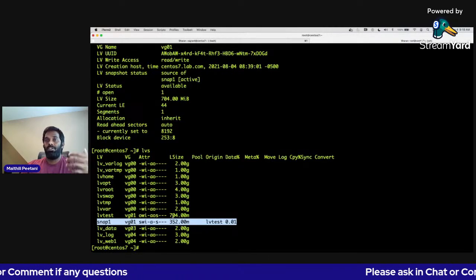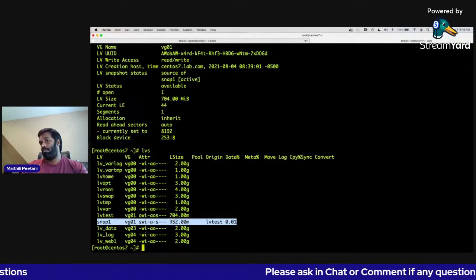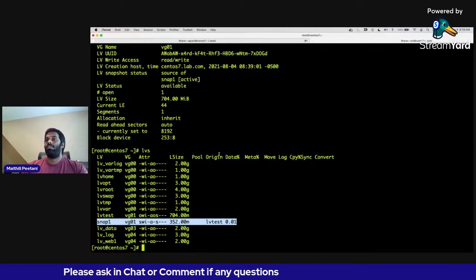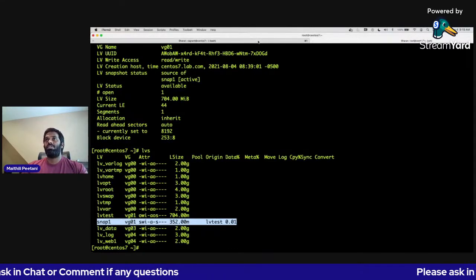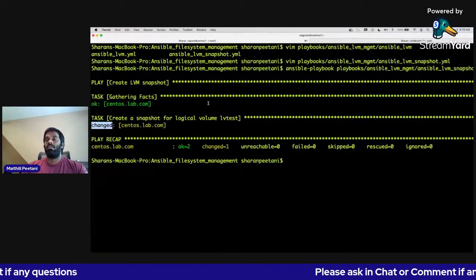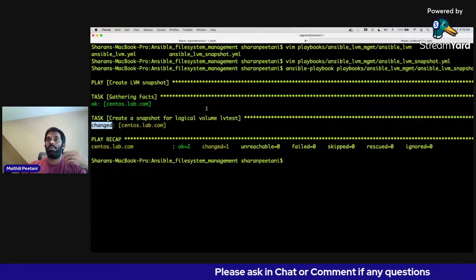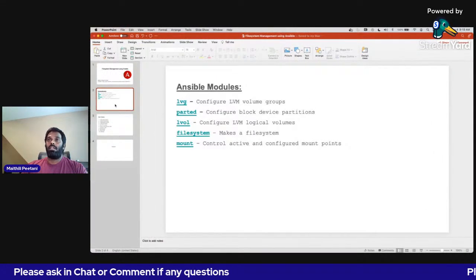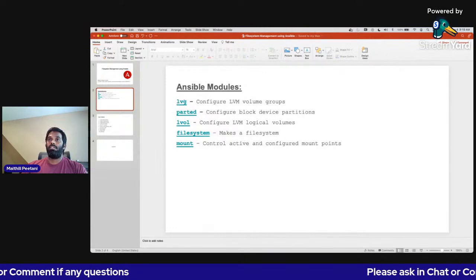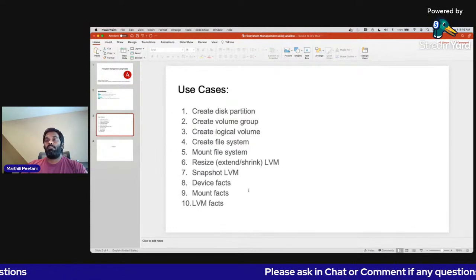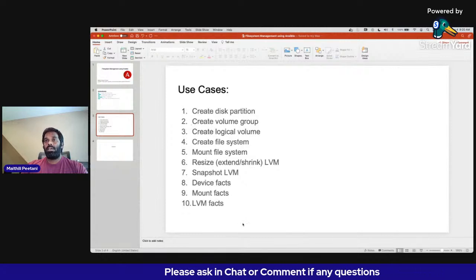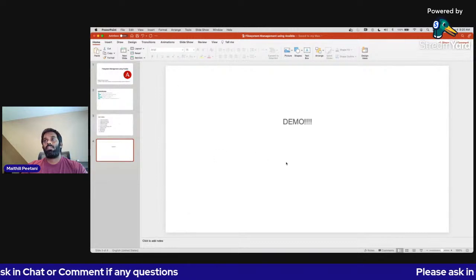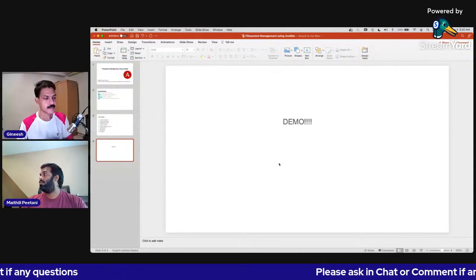Once it is there, you can mount the snapshot volume and take a backup of any LVM, basically using a tar command. We can restore it, anything, and once it is done, we can delete it. So this is how you can use the same module, and LVOL has so many other options, not only snapshot. I've also linked in the slides all the Ansible modules links for all the modules we used. These are the use cases I covered for every option we have, and this concludes our demo. If you have any questions,